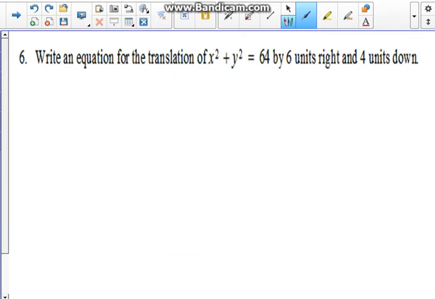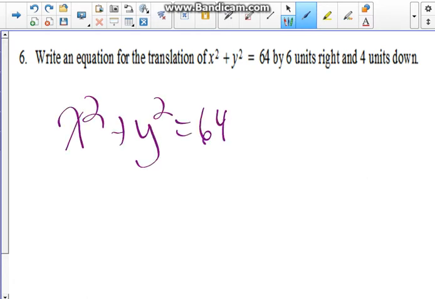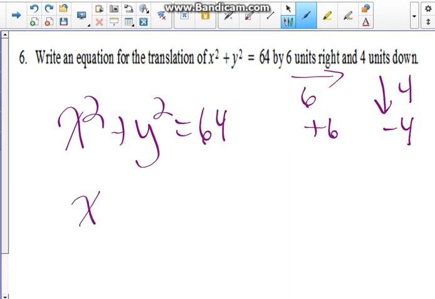That's correct. Okay, number 6 says write an equation for the translation of x squared plus y squared equals 64. And they want us to move it 6 units to the right and 4 units down. So that's going to be a plus 6 minus 4. Okay, so we're going to go x minus